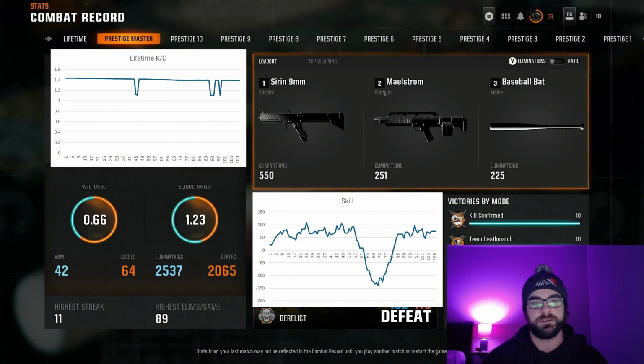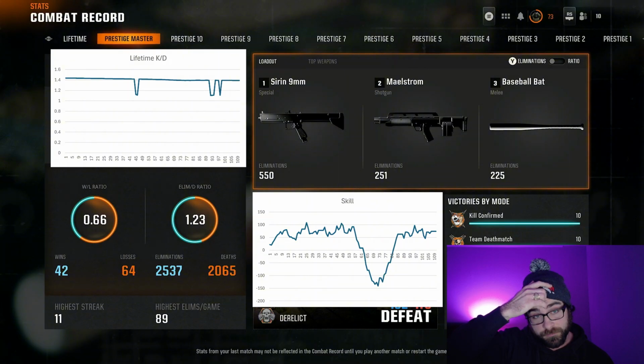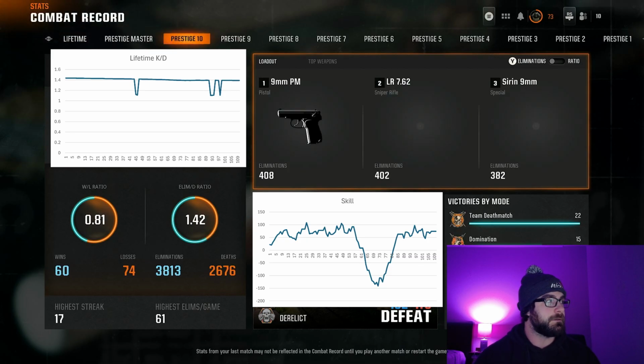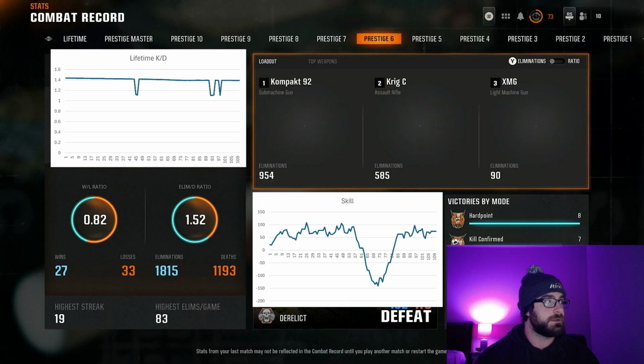And as you can see here, I did actually try some ranked games in Prestige Master. That's when the KD dips down. I couldn't do it. So basically this one I've lost interest for the game, and you can kind of see that reflected in the win to loss ratio. Especially for Prestige 10 and Prestige Master, and you can see this through all of my prestiges, mostly have